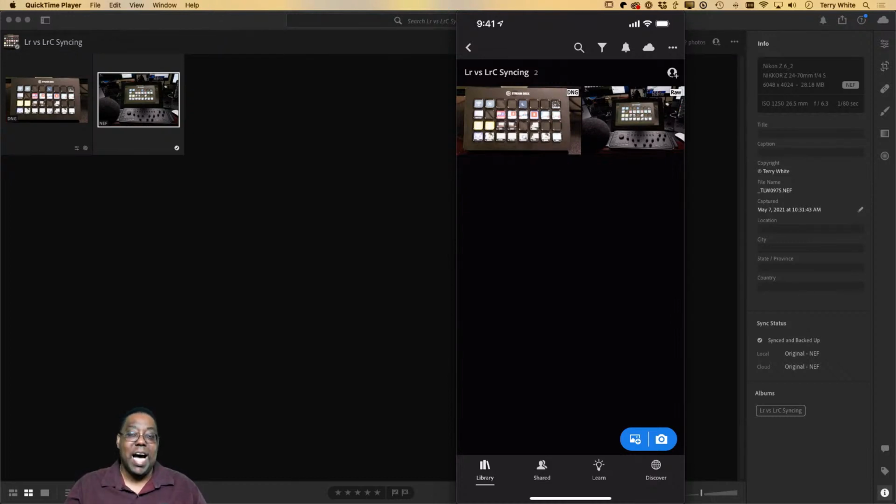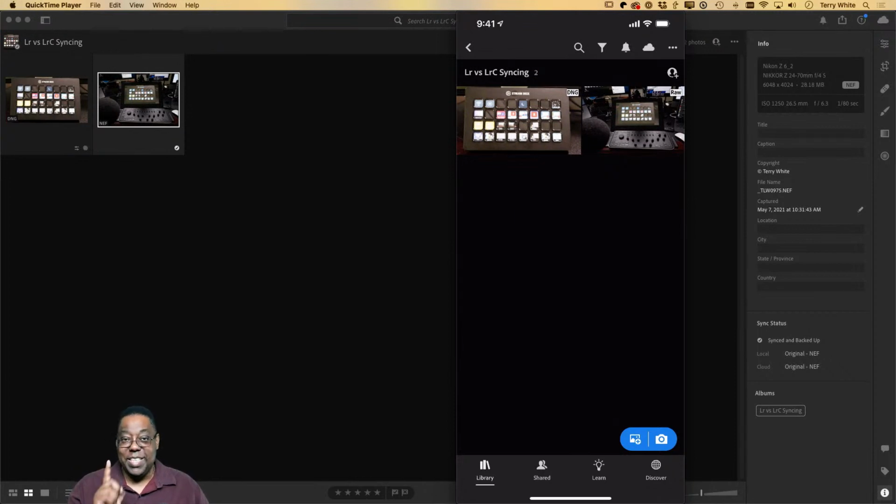It does not tie up your cloud storage. So if I synced 1,000,000 photos raw, which would only sync smart previews, to the cloud, I could sync 1,000,000 photos to the cloud if I want. And it does not tie up any space.